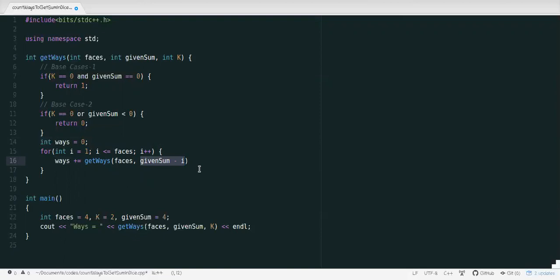So i is basically the face number, right? And what is the k right now? Every time when I call the next function, I'll decrease the k by one, because in this current state, I'm assuming that I am currently having that opportunity to draw the dice once again, right? So that is why we'll reduce it by 1.